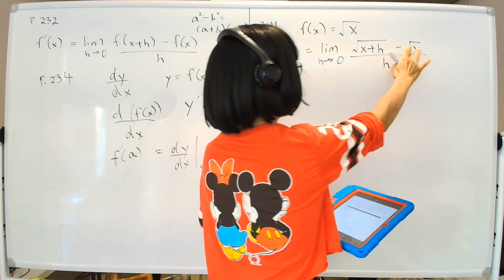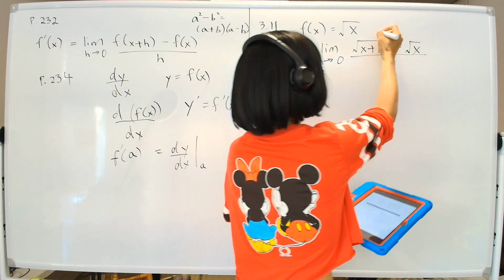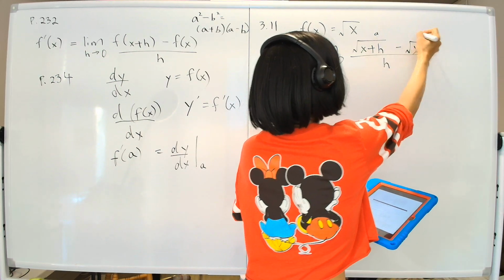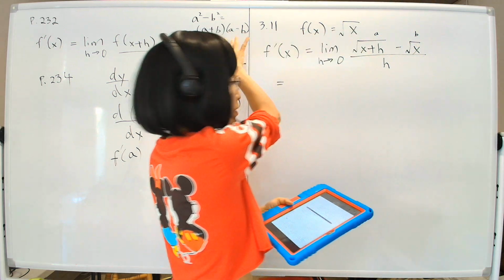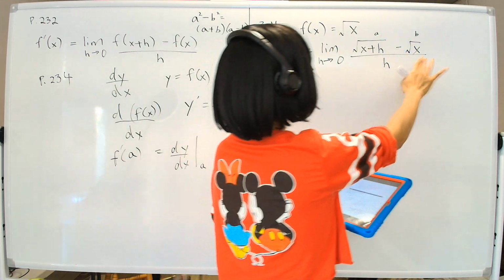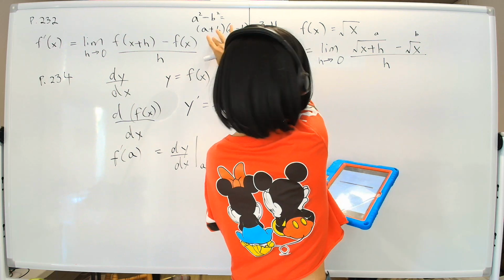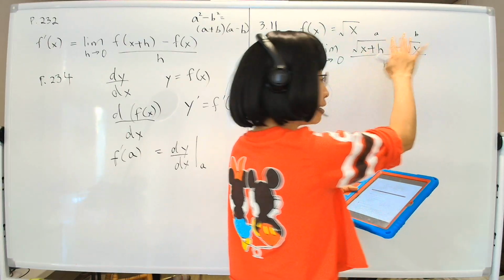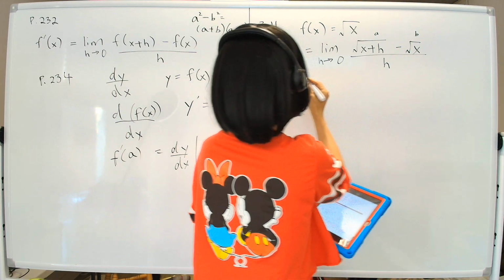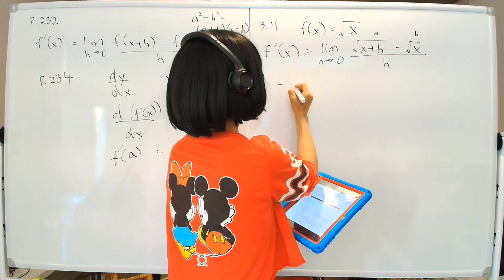See, this is a minus, and we'll pretend that this is the a, and this is the b in my difference of squares formula, and then multiply by the plus version. We'll have the minus one, we'll multiply it by the plus one, and that'll get rid of some of the square roots. So pulling that trick, this is equal to the limit,